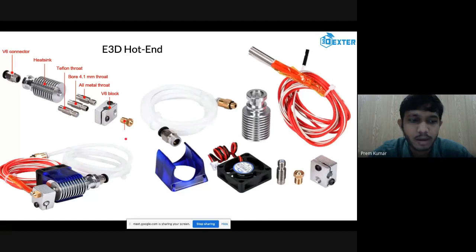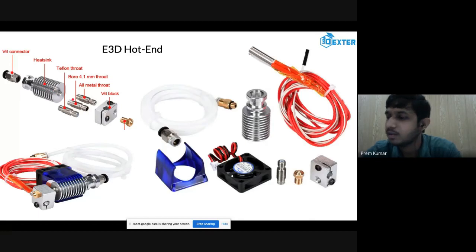Like if you go for polycarbonate, which melts around 280 degrees, there are other versions of polycarbonate which will melt beyond 280. For those kinds of materials which melt at higher temperatures, you have to choose a different hot end. So this is a part which has to be changed.